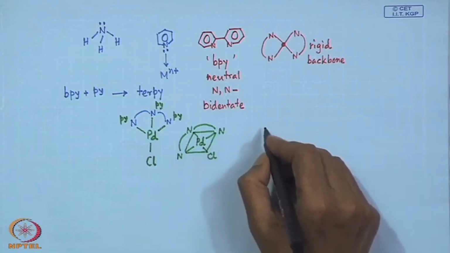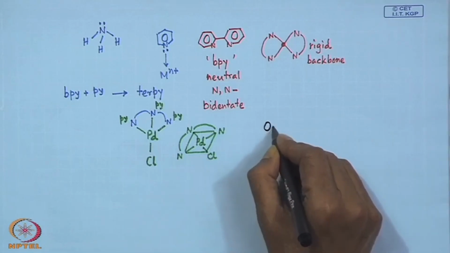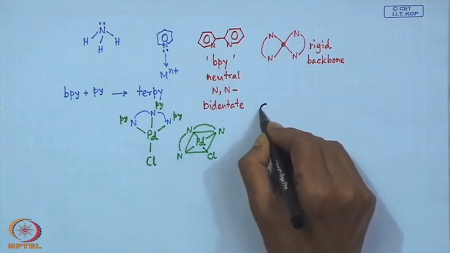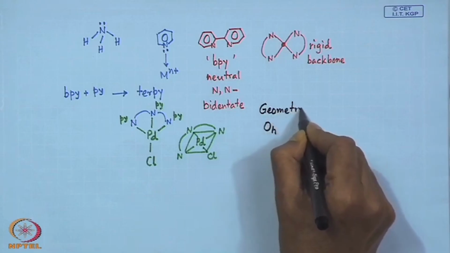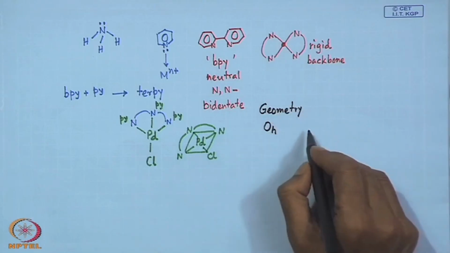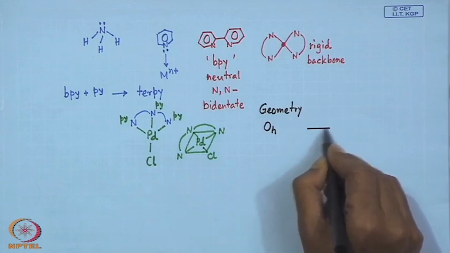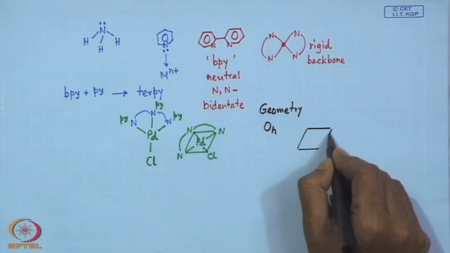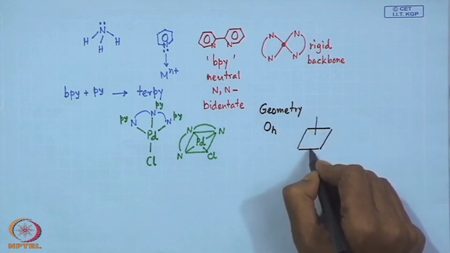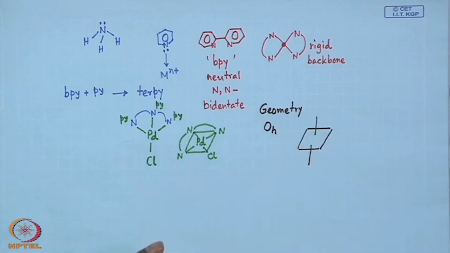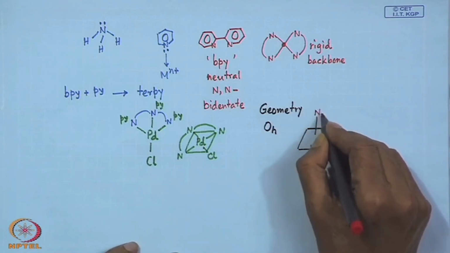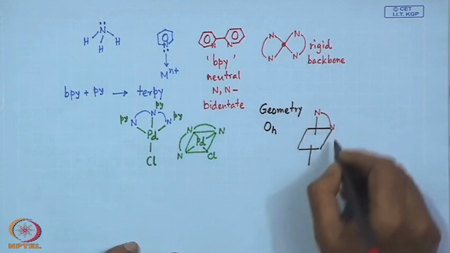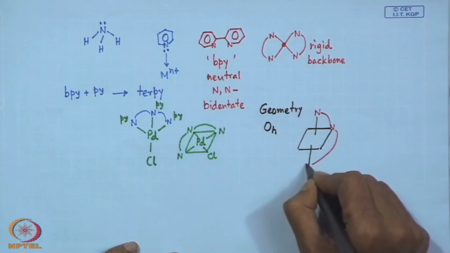So, we basically enclose the 3 donor points from one side for a square planar compound, and if it is a typical octahedral compound, so if the geometry is different, octahedral in nature, then we can have the 6 positions for coordination, and these 3 coordinations now can be occupied, since it is a very rigid one. So, only one type of binding is possible,